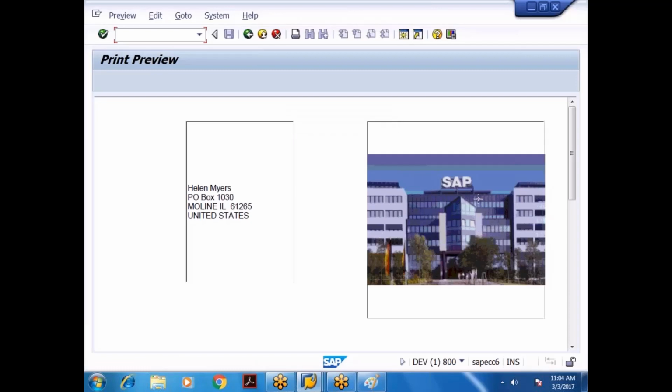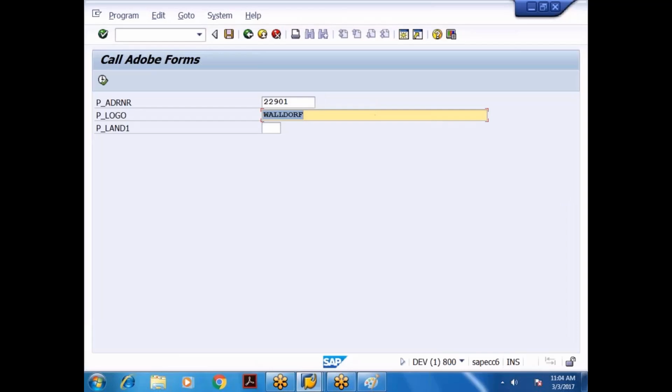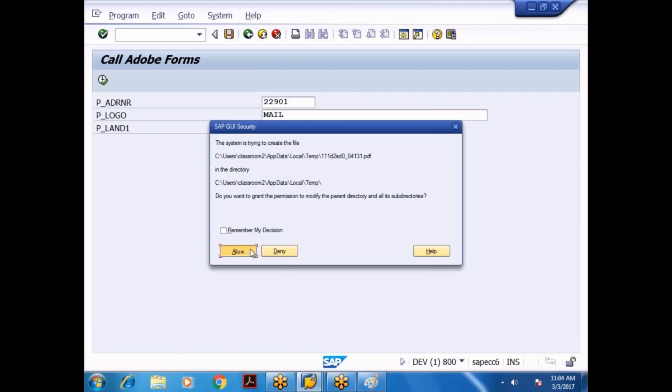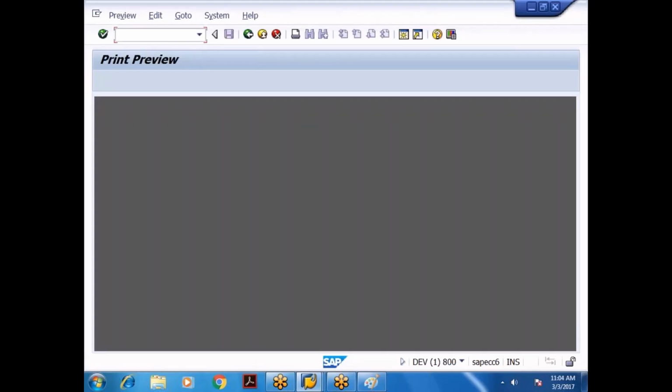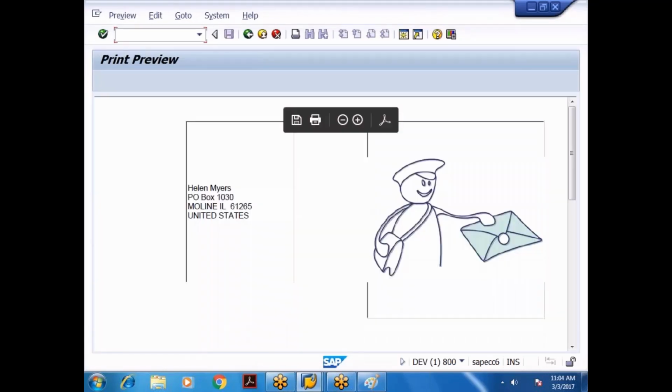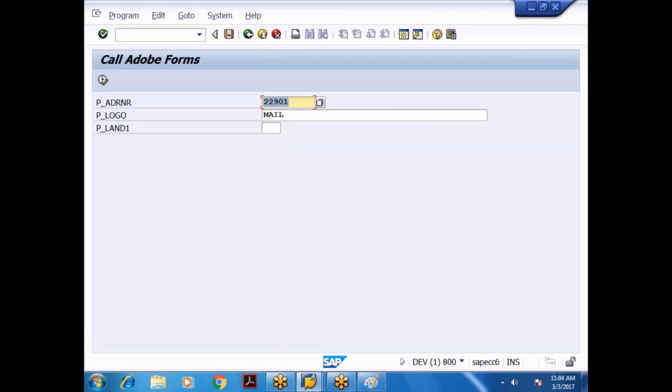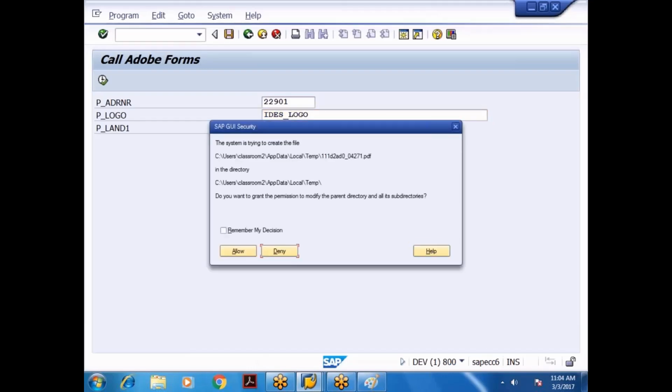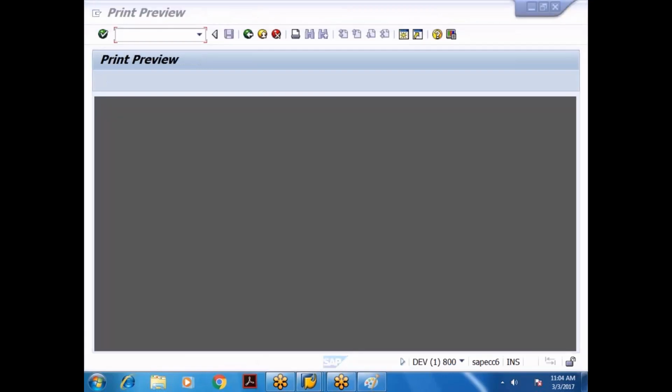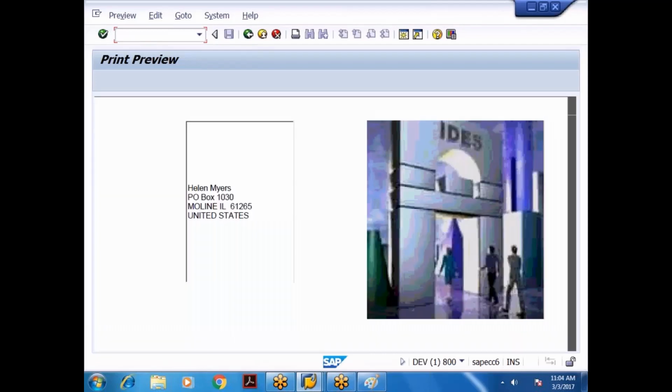We are getting the image. Let me go back. This time I'll pass the other one. Mail, huh? Mail. Yeah, we are getting that. Okay, what is the other one? IDS underscore logo. Done.